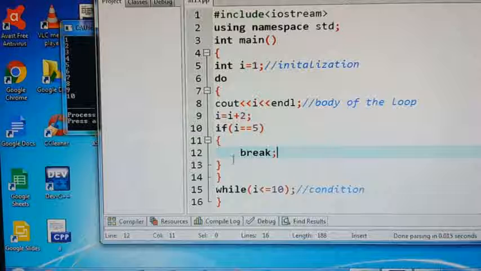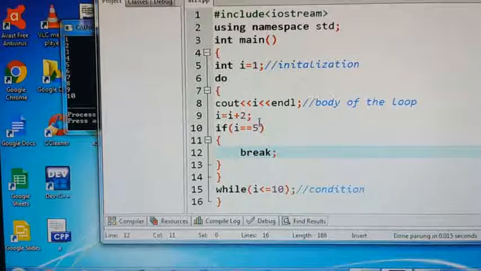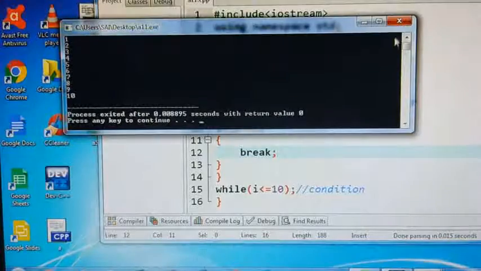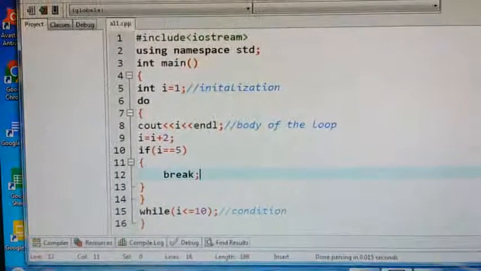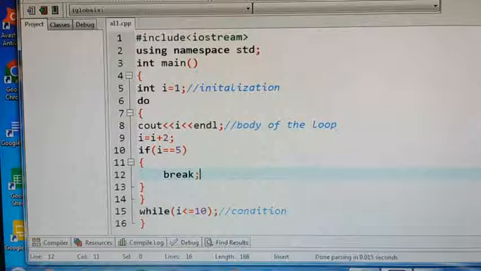Right, it will execute. Previously I executed the same program. If the condition is true, the statements will be executed, meaning it prints the values from 1 to 10. But in the theory example I gave, if the manager account is found, I don't want to execute the remaining part. I want only one particular account, account number 50, I have given, no? Total account numbers are 1 to 100, for example. In that I want to check whether account number 50 is there or not. If 50 is there, I don't want to execute the remaining part. In that case, you can use the break.